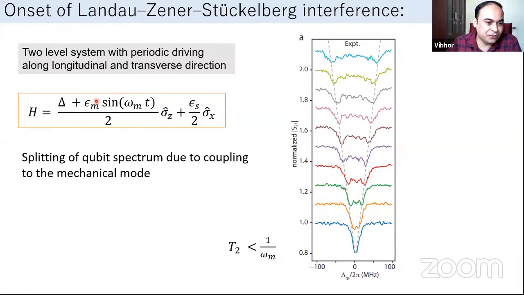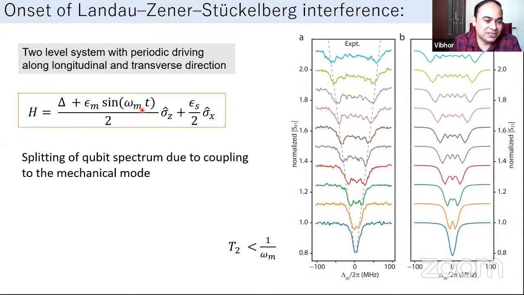Okay, so if, for example, the optomechanical coupling is 0, if we set g_m to 0, we have a standard sigma z by 2, which is the qubit and the Rabi flopping on it. But in addition to the usual qubit frequency, we have fluctuations which are harmonic. Such a system has been studied by Landau-Zener and later by Stückelberg, and I think even Majorana studied this system. It turns out it doesn't have any analytical solution for the most general case, and one has to resort to numerics to get the eigenvalues.